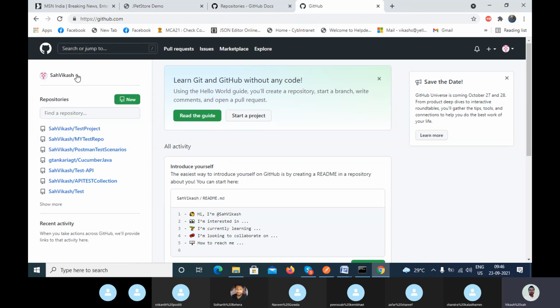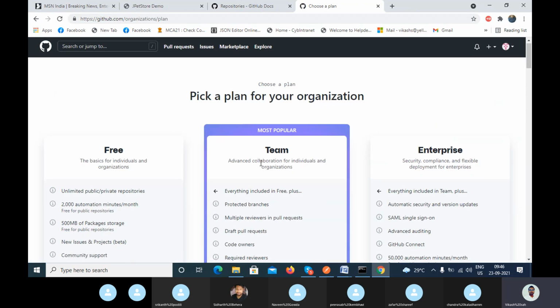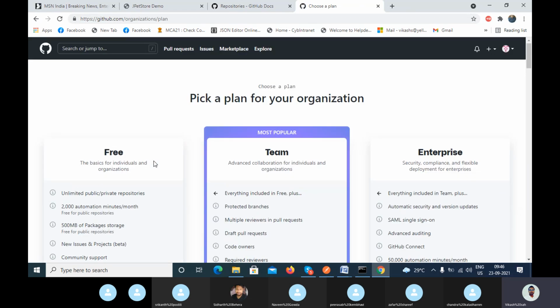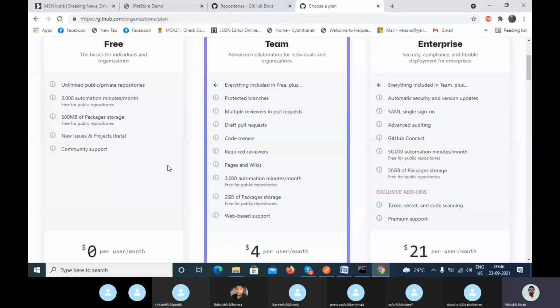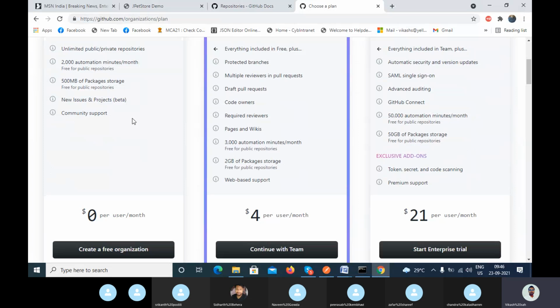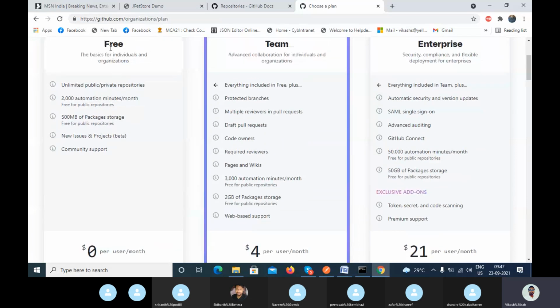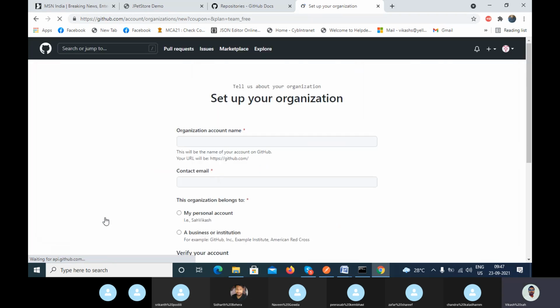You can click on your name and create an organization. Go and create the organization. Here you will see that to create an organization you need to purchase a license, team or enterprise, so we can use the free one. We can create an open organization, and here you can pass